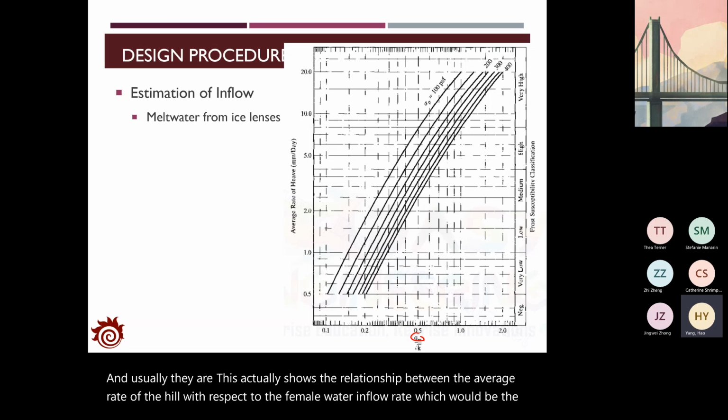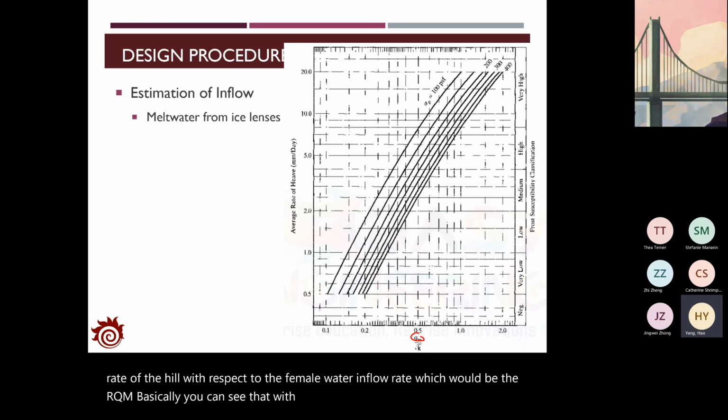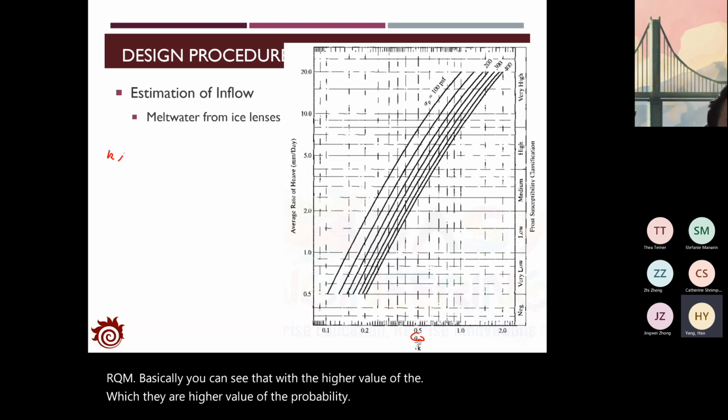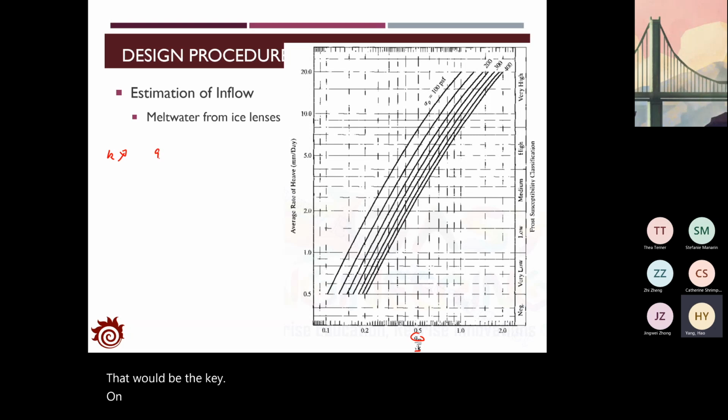Basically, you can see that with the higher value of the permeability, that would be the K, the meltwater, if we are provided with the same average rate of the heave and the same value of the consolidation pressure,